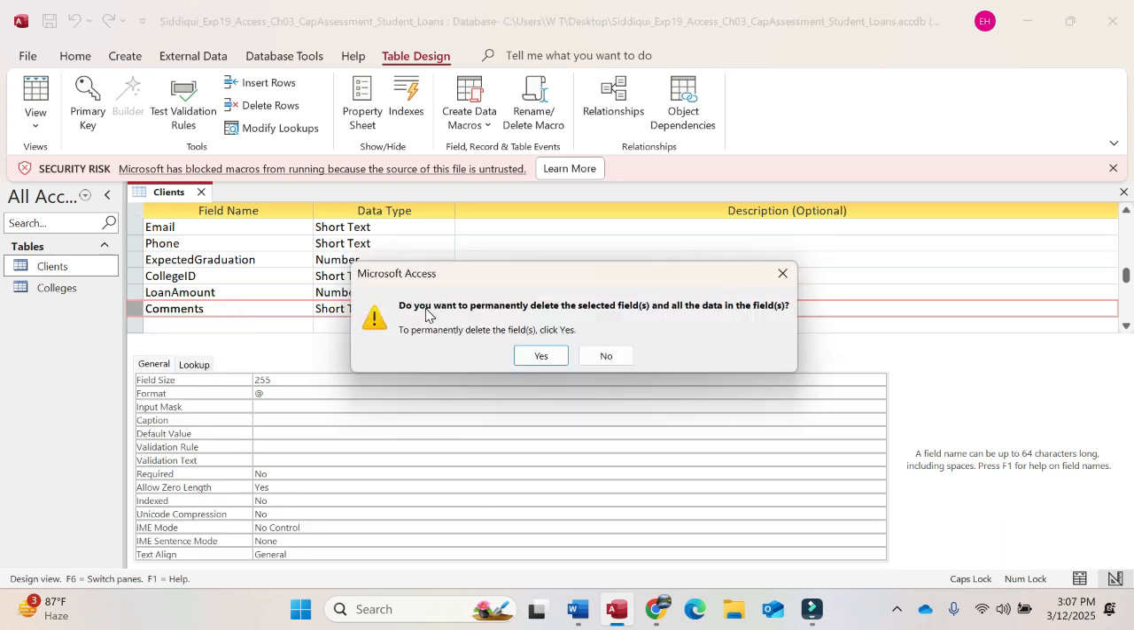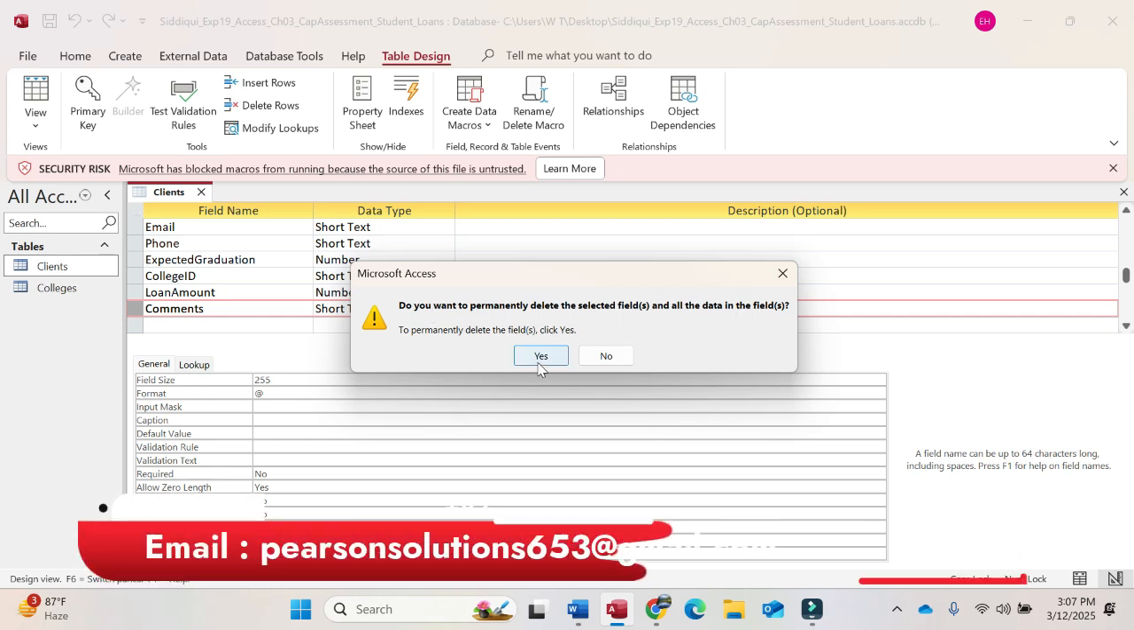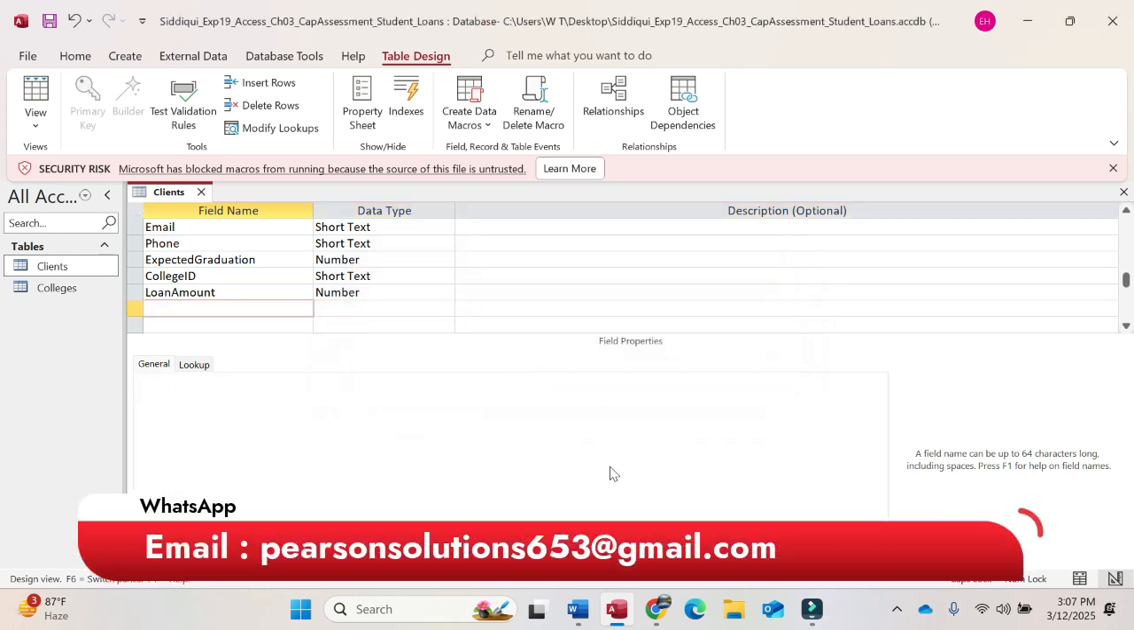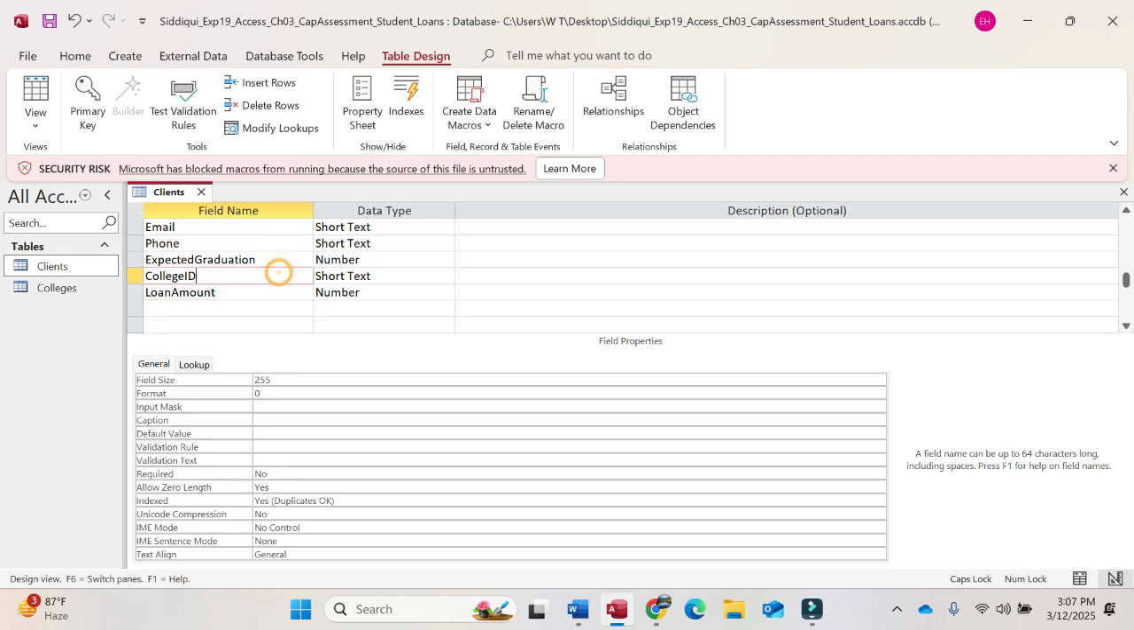A warning message will appear. It is saying, do you want to permanently delete the selected field and all data in this field? Yes, I want to delete this. Hit the yes button and it will be deleted. Okay,